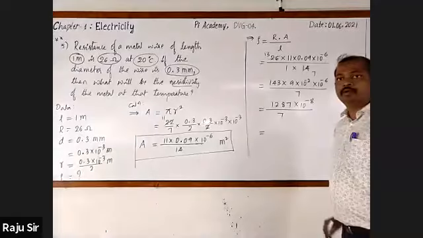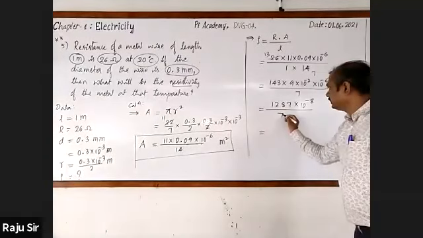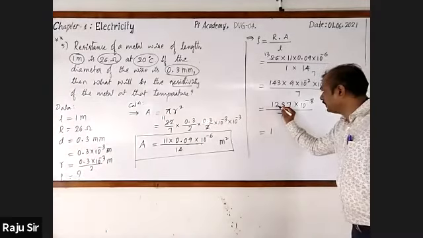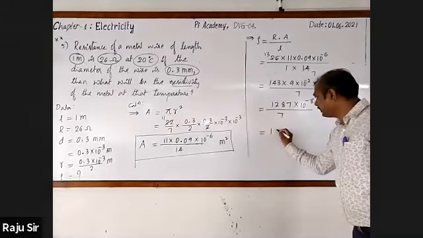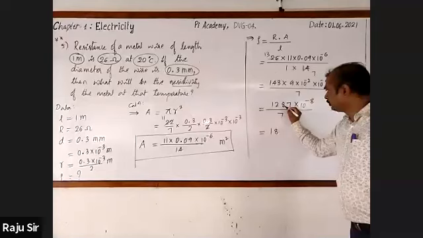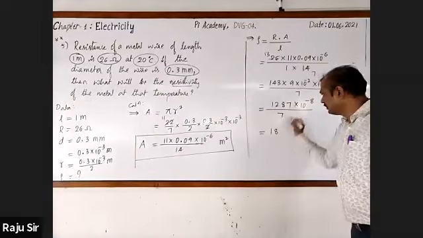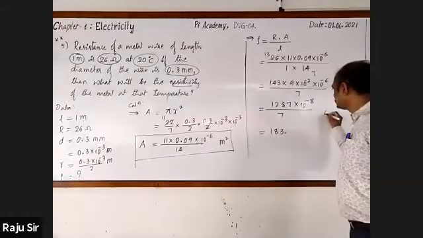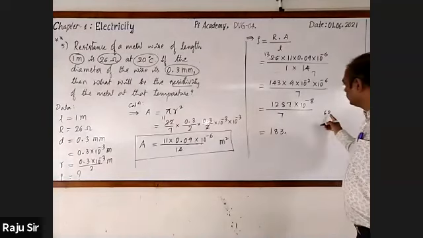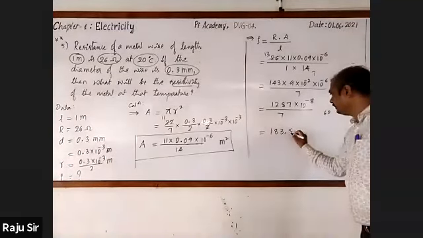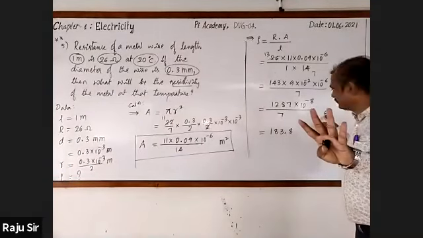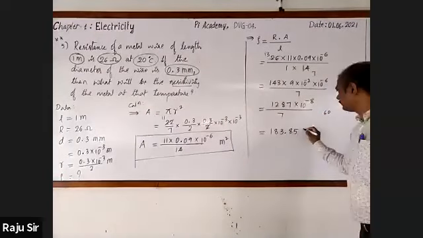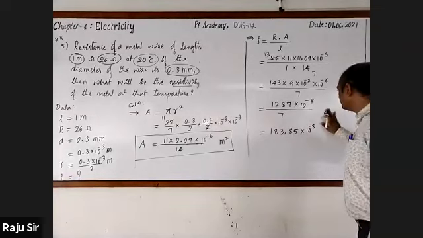This is equal to, let's go for cancellation. Here you are very familiar with the table 7. 7 1s are 7. Here 5 will remain. It becomes 58. 7 8s are 56. 2 will remain. It becomes 27. 7 3s are 21. 6 will remain. It becomes 60. Put decimal and take 0. It becomes 60. 7 8s are again 56. 4 will remain. It becomes 40. 7 5s are 35. After decimal, 2 digits are enough, into 10 raised to the power minus 8.